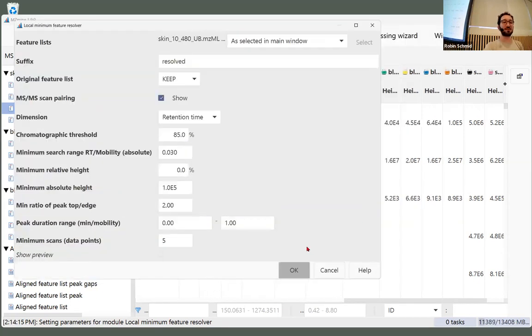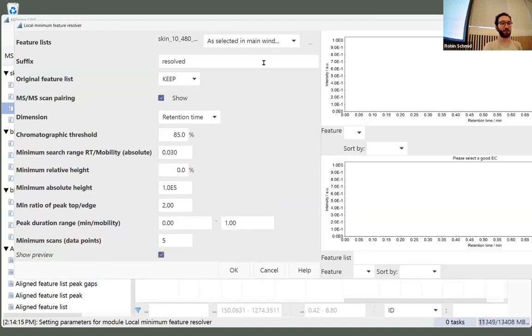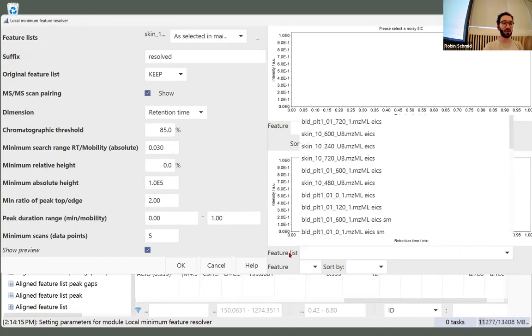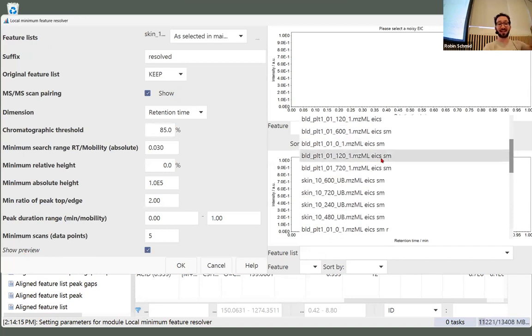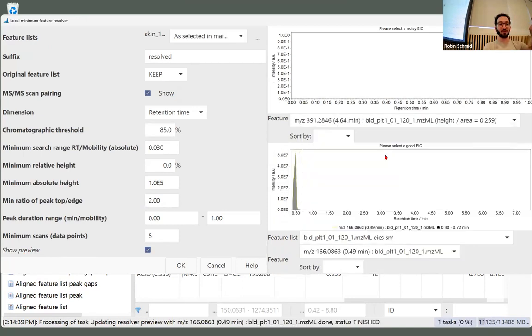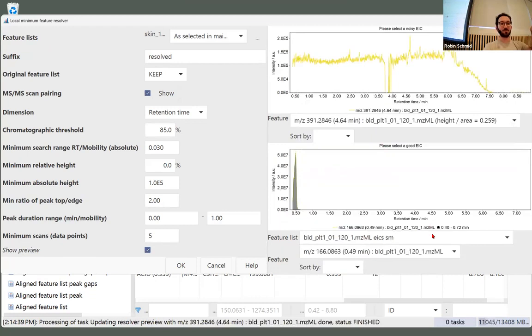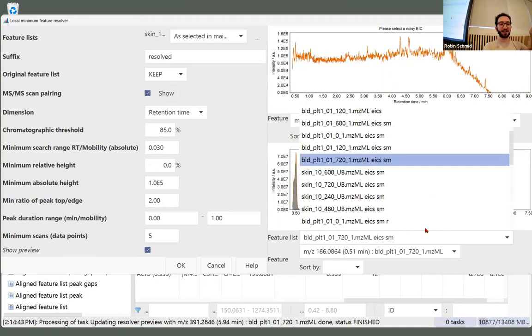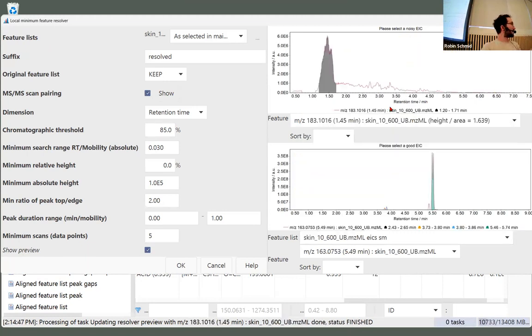It's also the one that is very much optimized for speed. So if I click on show preview down here, and you can follow along if you still have it open, and then click on feature list. So local minimum feature resolver, show preview, and then feature list, we select something that has SM at the end, smooth. So extracted ion chromatogram smooth. We can already select different samples, and we can see that it very much tries to,